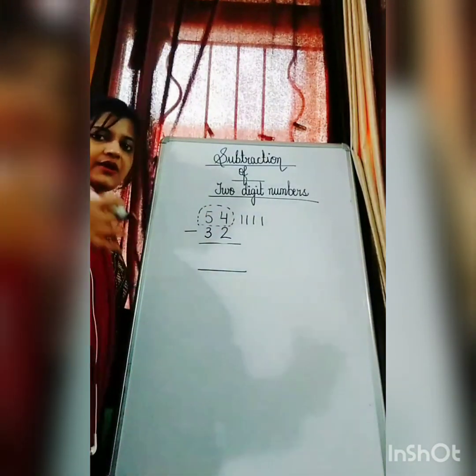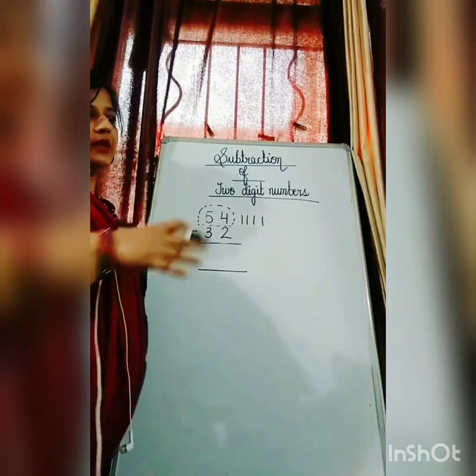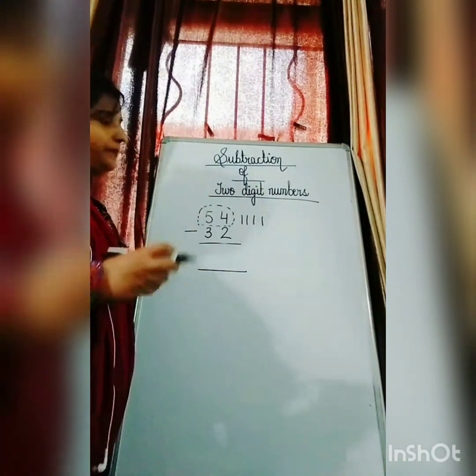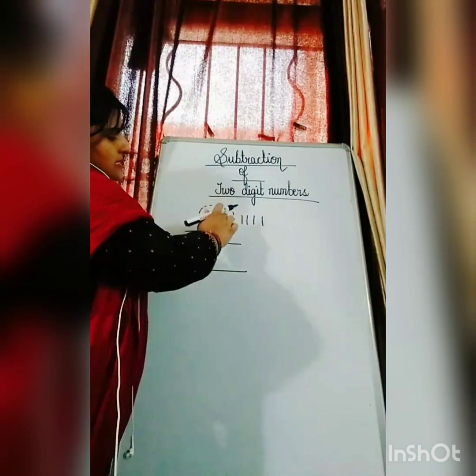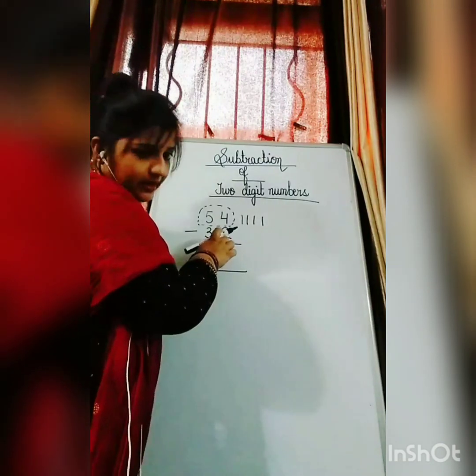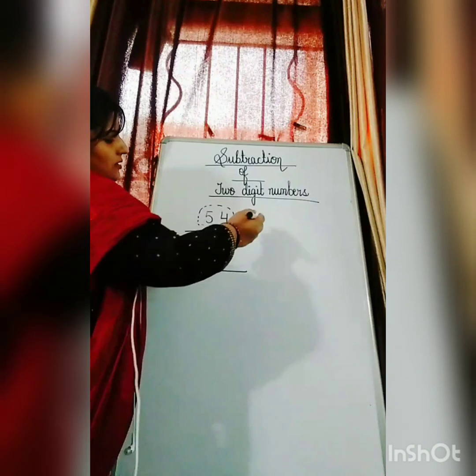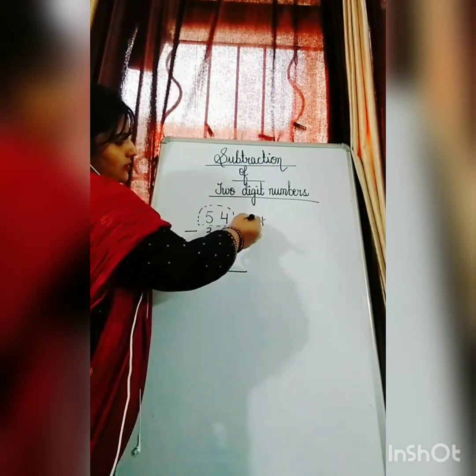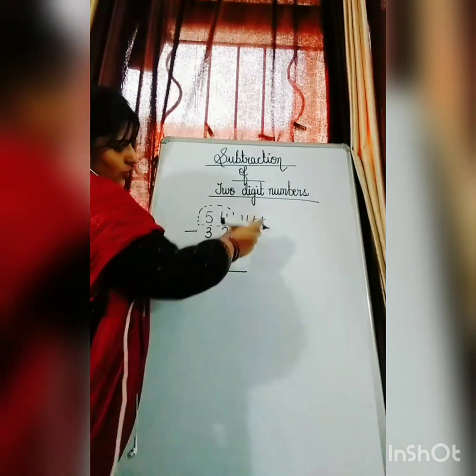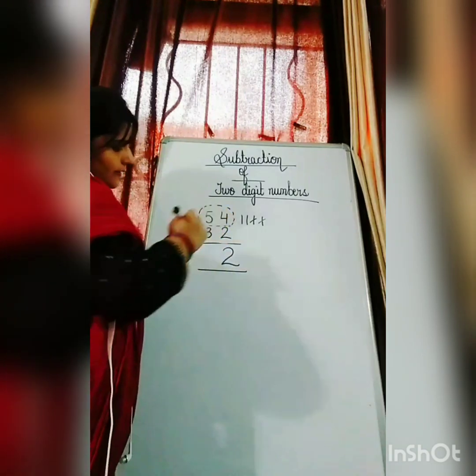Subtraction means cutting something, decreasing something. Okay, so that's why इसमें ये आपको नीचे का नंबर आपको ये दिखाएगा कि which number you are going to subtract, how many lines you are going to cut. So 2 is there, going to cut 1 and 2. अब कितनी lines बची? 2. So put 2 over here.